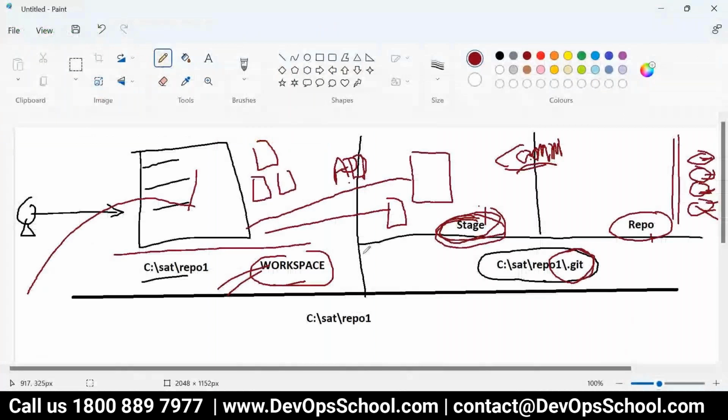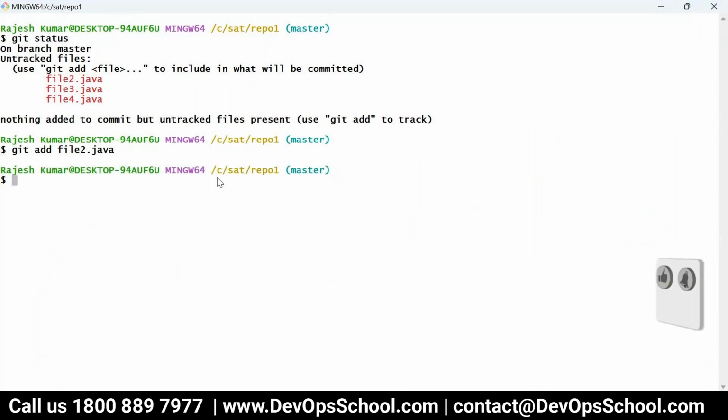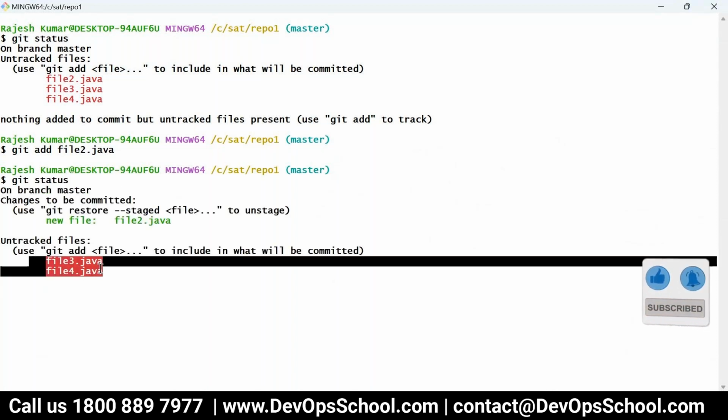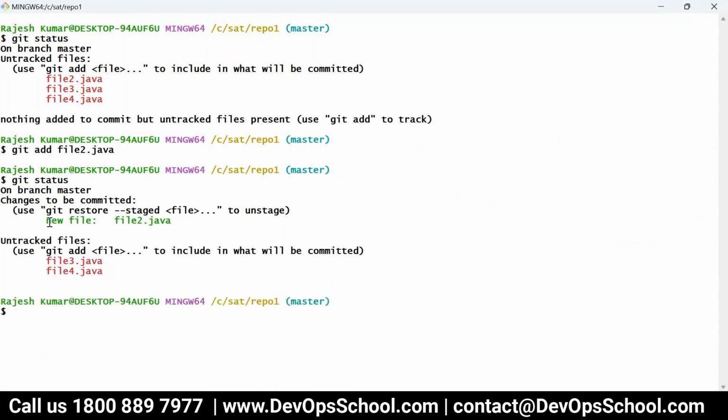Now if I run git add file2.java, you see that this file has no Git record, but it is now in staging.